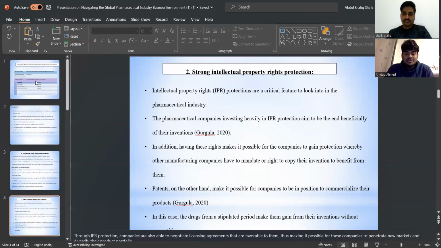In addition, having these rights makes it possible for companies to gain protection, whereby other manufacturing companies have no mandate or right to copy their invention to benefit from them. Patents, on the other hand, make it possible for companies to be in a position to commercialize their products. In this case, drugs for a stipulated period make them gain from their inventions without